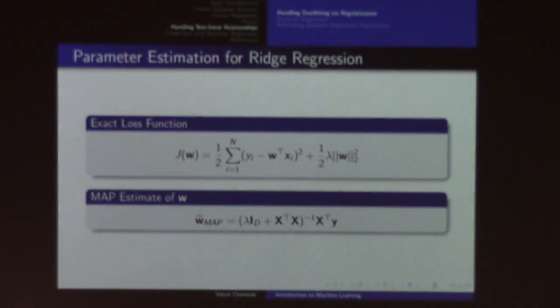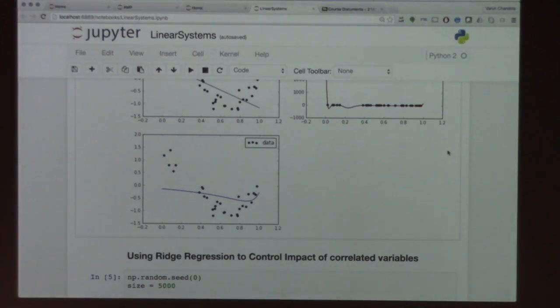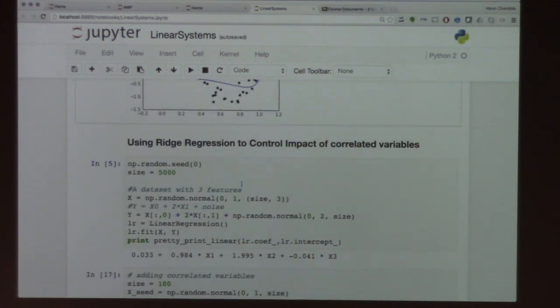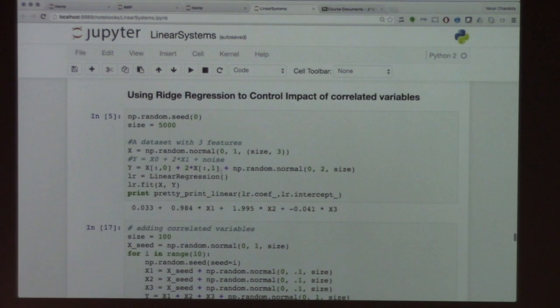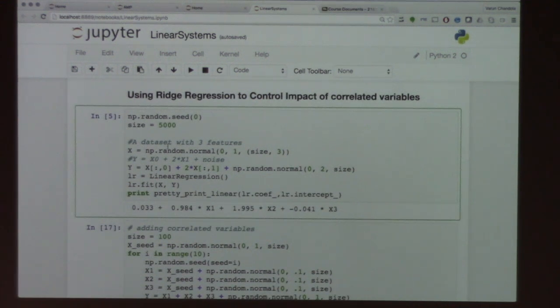So we have already seen how lasso helps us, and also how ridge regression helps us control the complexity. Now let us see some other properties. As I said earlier, ridge regression can also help you deal with correlated variables. First let us see what the issue with linear regression is. So let's say you have this linear regression method. Here you have some x,